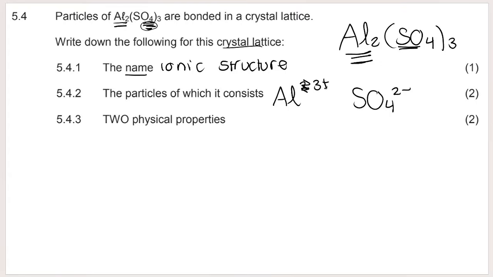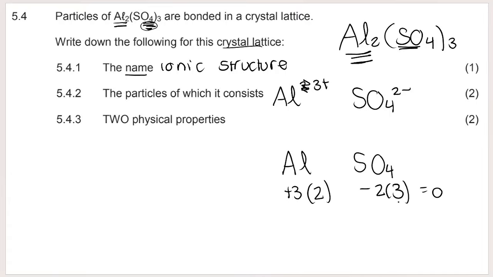So Al3+, SO4 2-. How did I know that? Because you look at the charges on the periodic table. It also makes sense because if aluminium has a charge of +3 and the sulfate ion has a charge of -2, in order to make this a neutral compound, you'd have to multiply aluminium by 2 and the sulfate ion